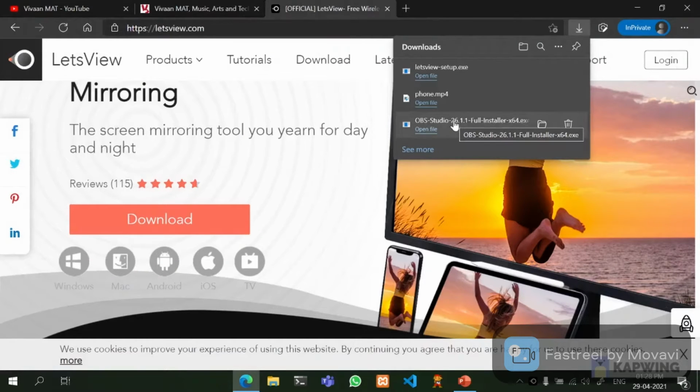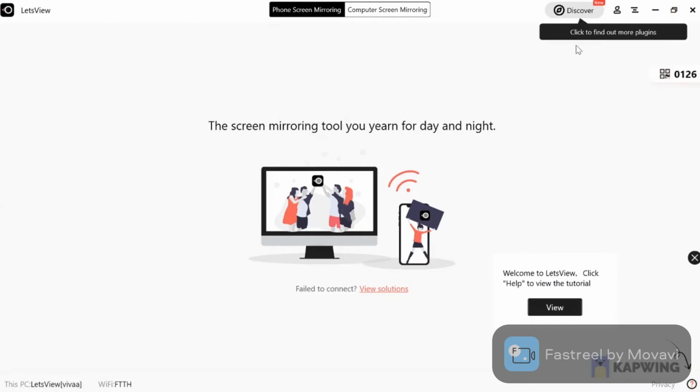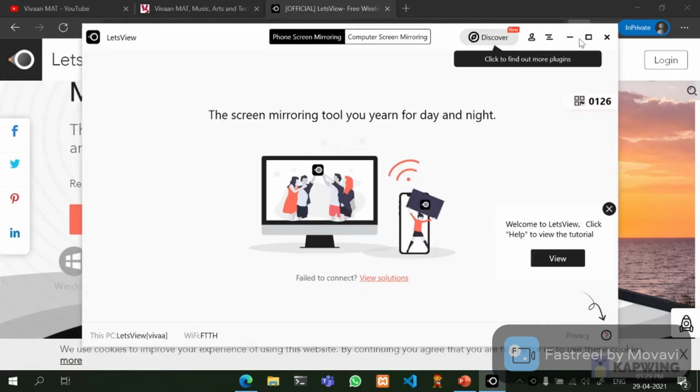There are many other software such as AnyDesk or TeamViewer, but this is the best as it doesn't hang and works very smoothly. AnyDesk hangs a little bit. You can use that also, but it hangs a little bit.